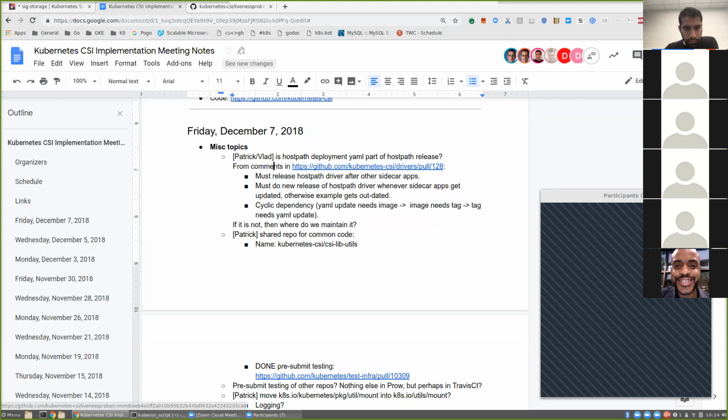Or is this Patrick's thing? Host path deployment. I think it might be some part of the same discussion we're having. It might have been put down by Patrick, though. I'm not sure. But basically, the last time we talked about this, which was Wednesday, we're trying to figure out